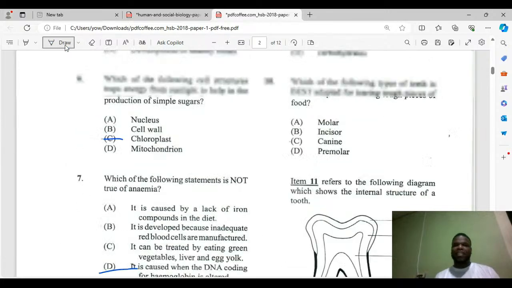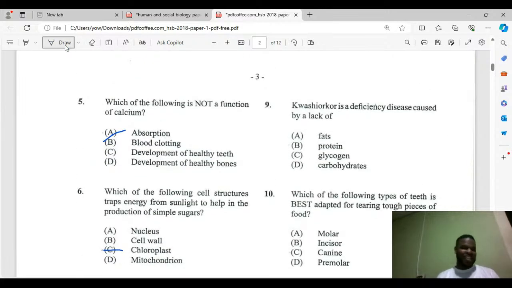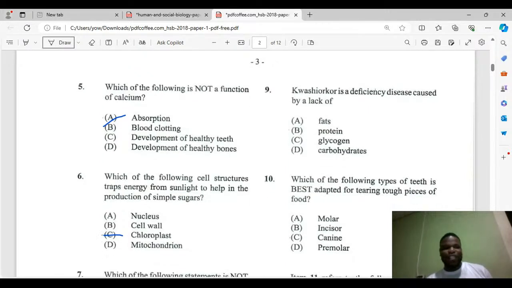Going up to 9 states that kwashiorkor, very simple. It's caused by a lack of which vitamin? Sorry, lack of what? Not vitamin. Ethanol, TJ asks, test for fat. Ethanol test for fat. Good question, TJ. Very good question. Someone like you asks an intelligent question.